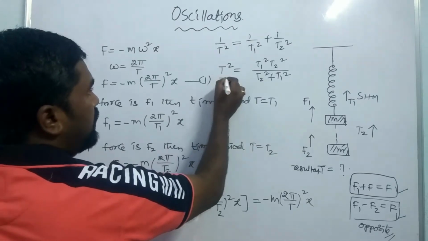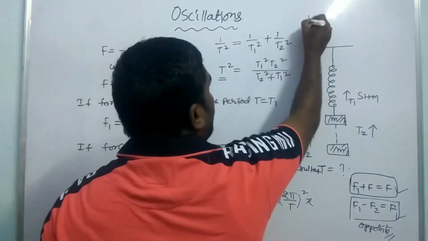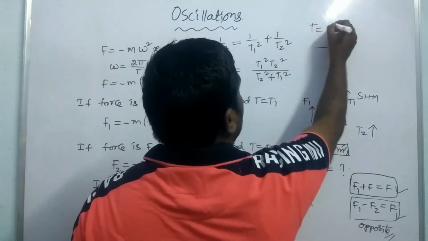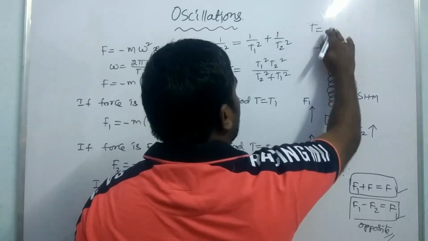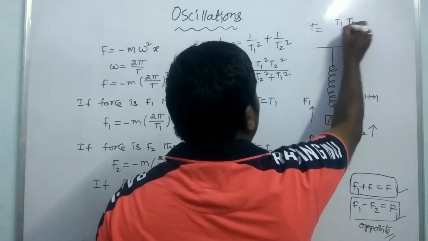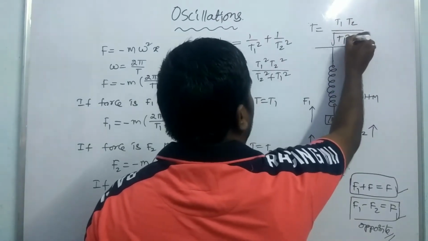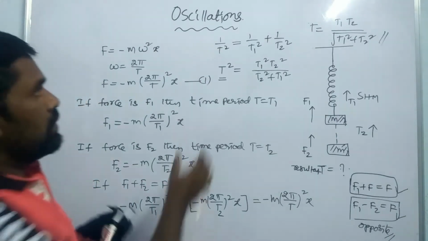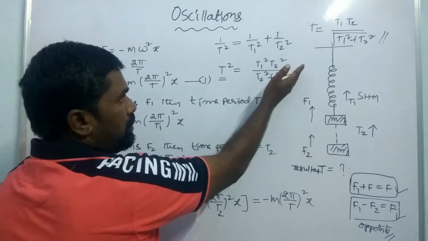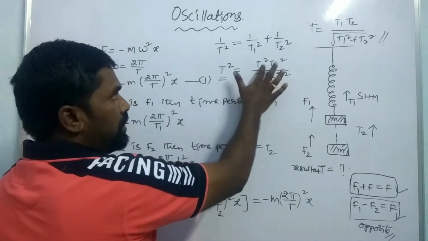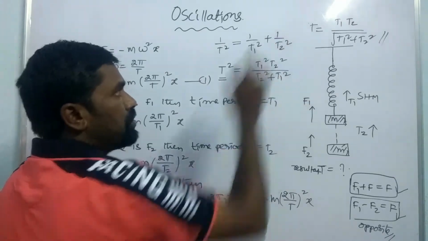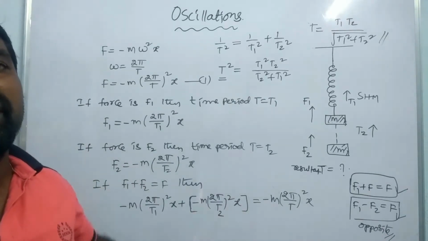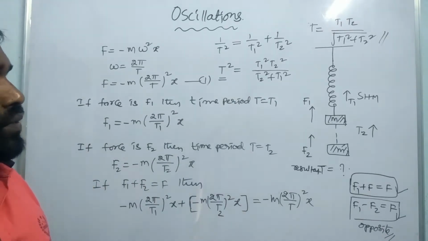So if we have to find t value, therefore t is equal to, under root of, square and square will be cancelled, t1 t2 by under root of t1 square plus t2 square. Okay, so this is the t value. Let us check once. The square will be removed. It is under root. Square and under root will be cancelled, t1 t2 by under root of t1 square plus t2 square. Okay, so this is the common time period when they can be combined to each other.